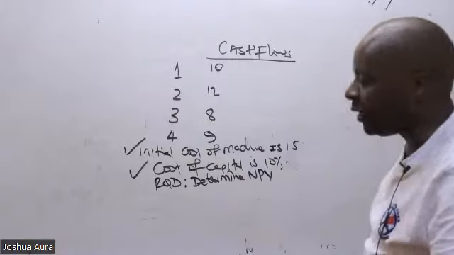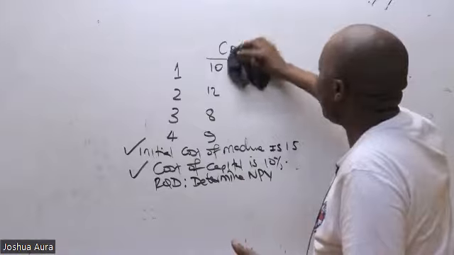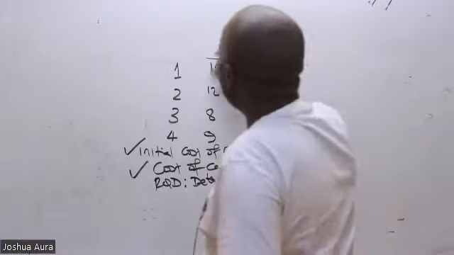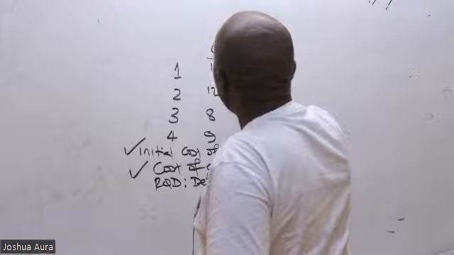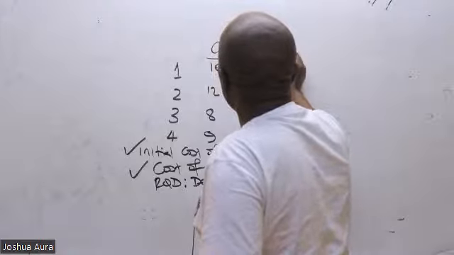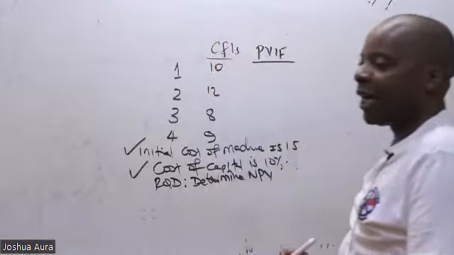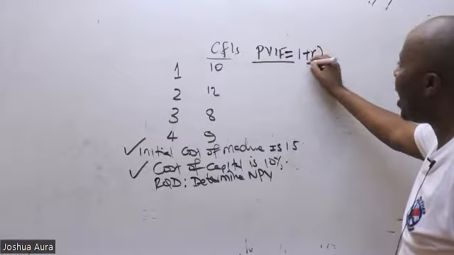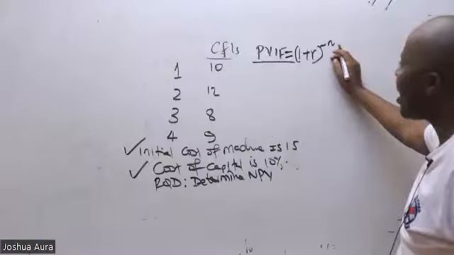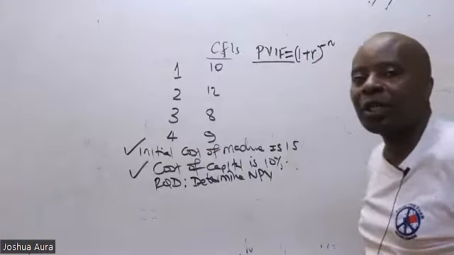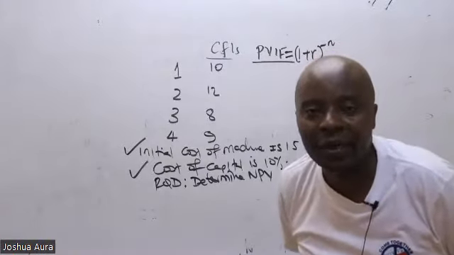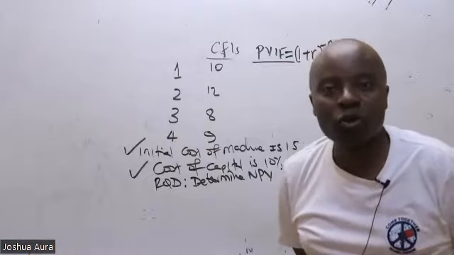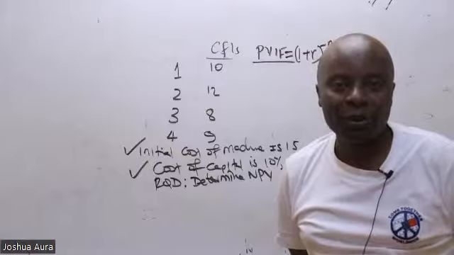So under PVIF, this is how we now apply it. These are the cash flows that we have here. And then now I'll create a discounting formula here of PVIF. And the formula of PVIF is like this. It is 1 plus R raised to negative n. This R is the required rate of return, the return given in the question in form of percentage. It will be the COC, cost of capital.